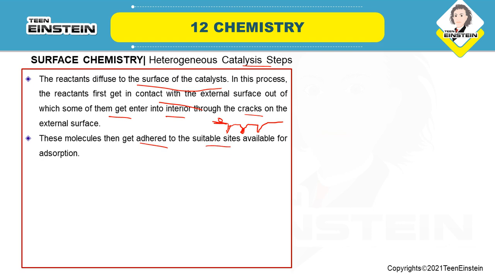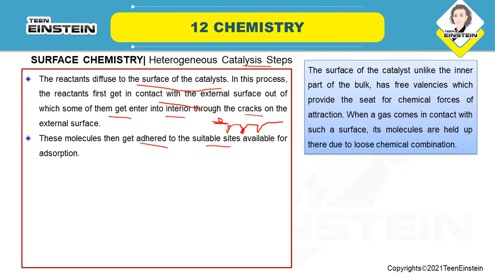Now not all the sites are available for adsorption. There are some specific sites that are available for adsorption. So the surface of the catalyst, unlike the inner part of the bulk. Now we are talking about surface, we are not talking about bulk. So what is the difference? When it is surface, there are some free valencies, and these free valencies provide the seeds for chemical forces of attraction. So these free valencies are actually the region where the adsorbed molecules, that is the reactant molecules, will be